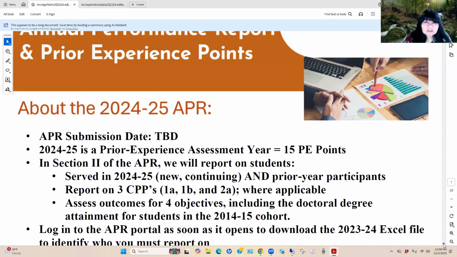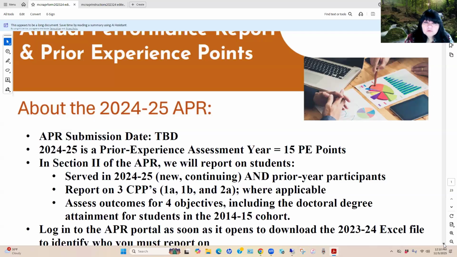So those are some things that you can do now, especially if you're new, because I know in the poll you indicated that this is going to be the first time that you're submitting the annual performance report. If this is the first time you're submitting because you're a new director, then we want to ensure that you have been approved through the process of getting that approval from your program specialist, so that you are noted within the department's database with respect to who are the directors that need to be given permission to log into the APR web tool. So that's going to be important.